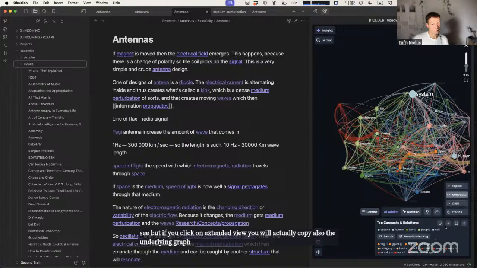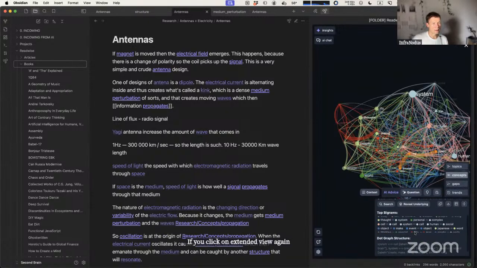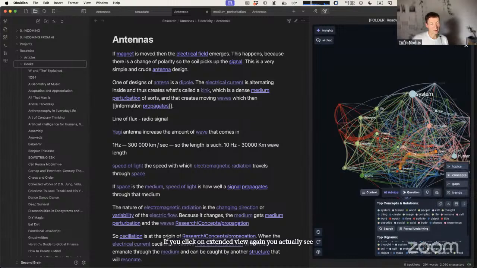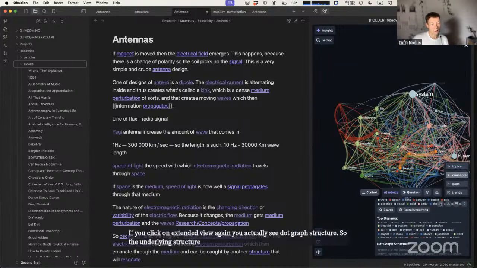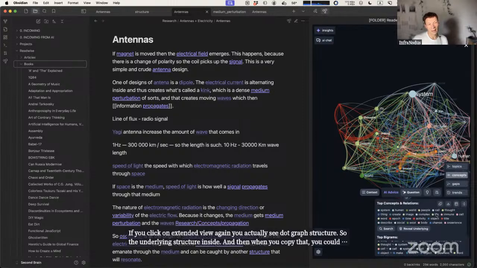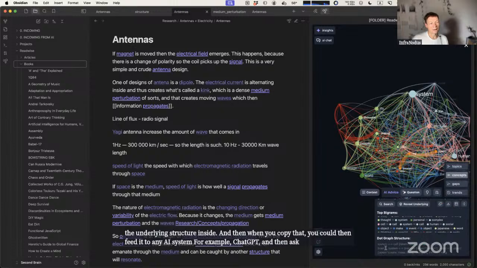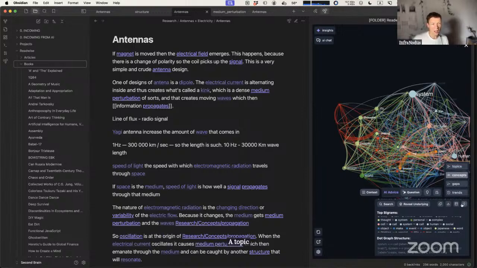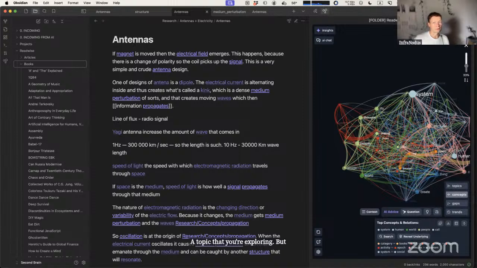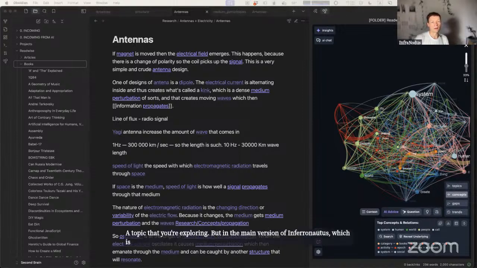If you go here on concepts, if you click on extended view again, you actually see the dot graph structure, the underlying structure inside. And then when you copy that, you could then feed it to any AI system, for example, ChatGPT, and then ask it to take this structural information into account when thinking about a topic that you're exploring. But in the main version of InfraNodus, which is available here, I'm going to drag the window